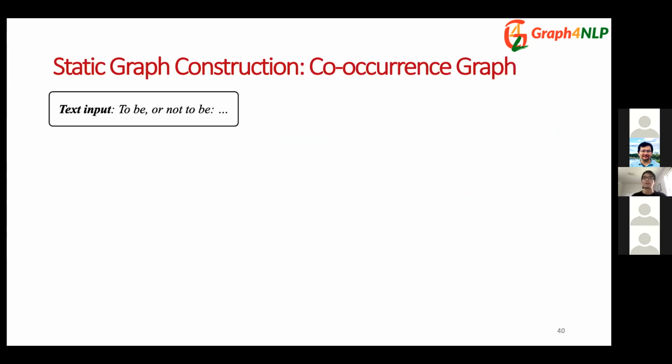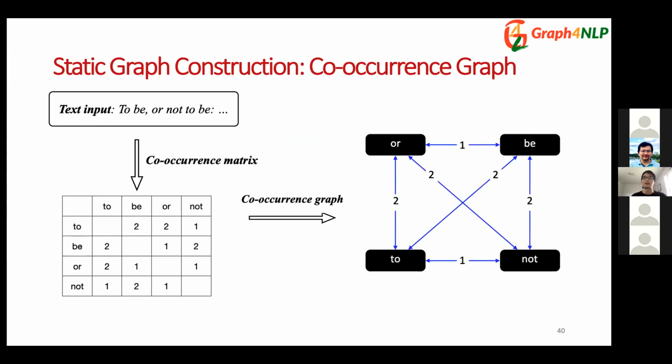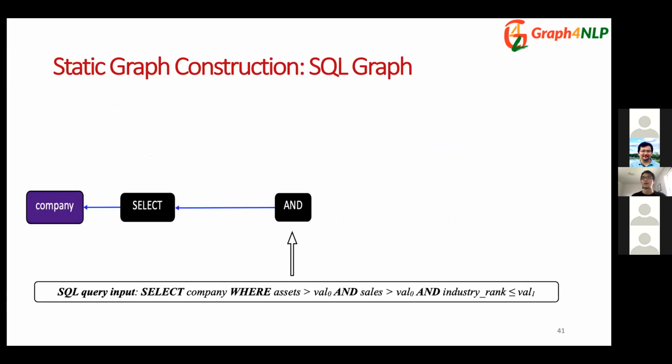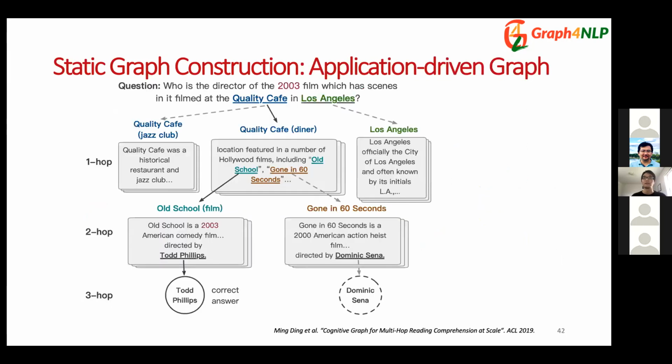In order to capture the word co-occurrence information, one can regard the co-occurrence matrix as an adjacency matrix, and then construct a graph containing each unique word in the document as a node. Some logical forms such as a SQL query can also be naturally represented as a graph, which can also capture the relations among various objects in the query. There are also various application-driven graphs which augment the text with rich information, and they are tightly coupled